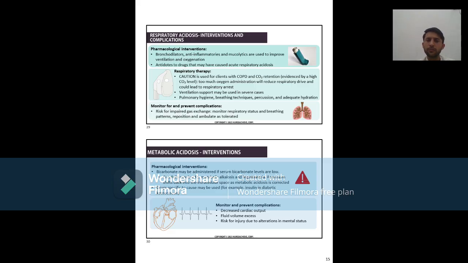Drug-specific use may be, for example, insulin in diabetic ketoacidosis. We prevent the breakdown of fat by using insulin in this condition. Monitor and prevent complications such as decreased cardiac output, fluid volume excess, and risk for injury due to alteration in